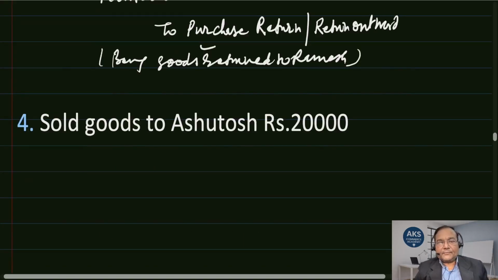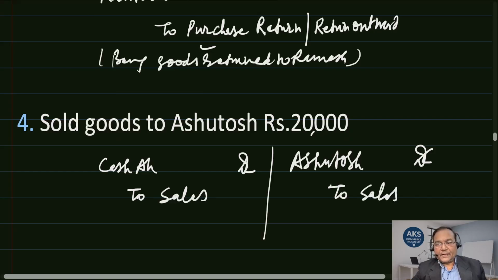All right, so this is the entry we pass when we are returning goods, being goods returned to Ramesh. All right, now let's see the fourth one. Goods sold to Ashutosh, rupees 20,000. So we are selling goods to Ashutosh for 20,000. Now there is no mention whether it is on cash or credit. So if there is no mention, we should treat it as